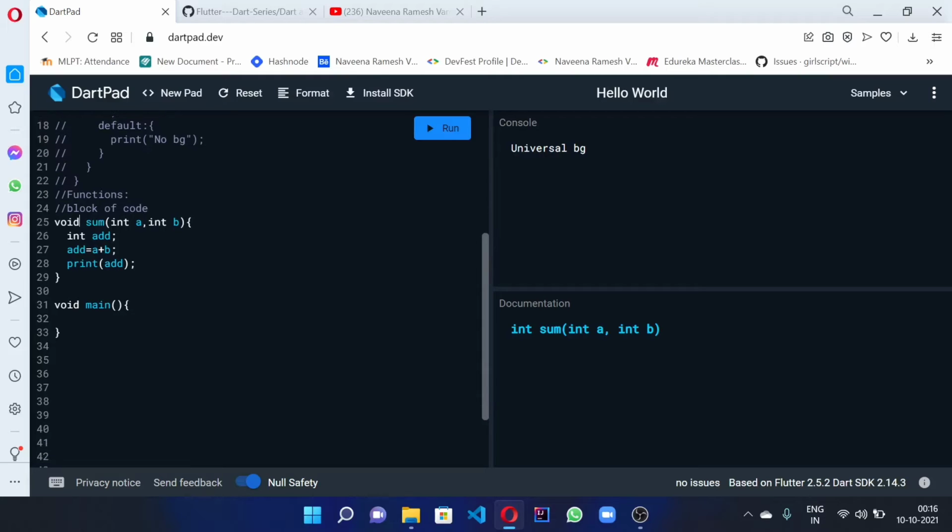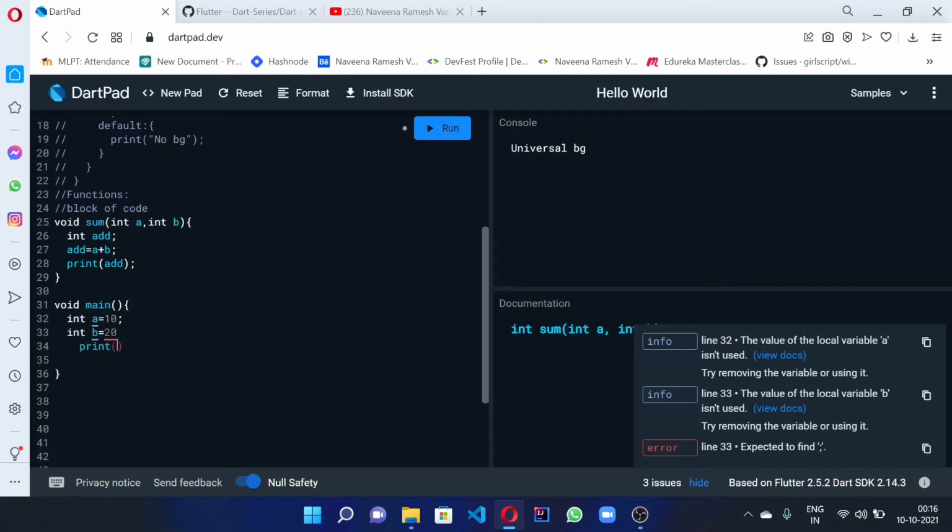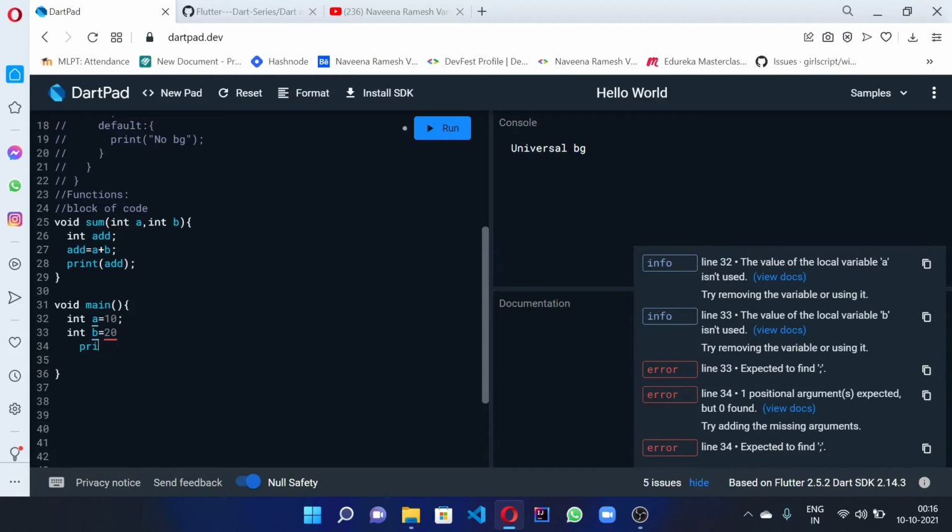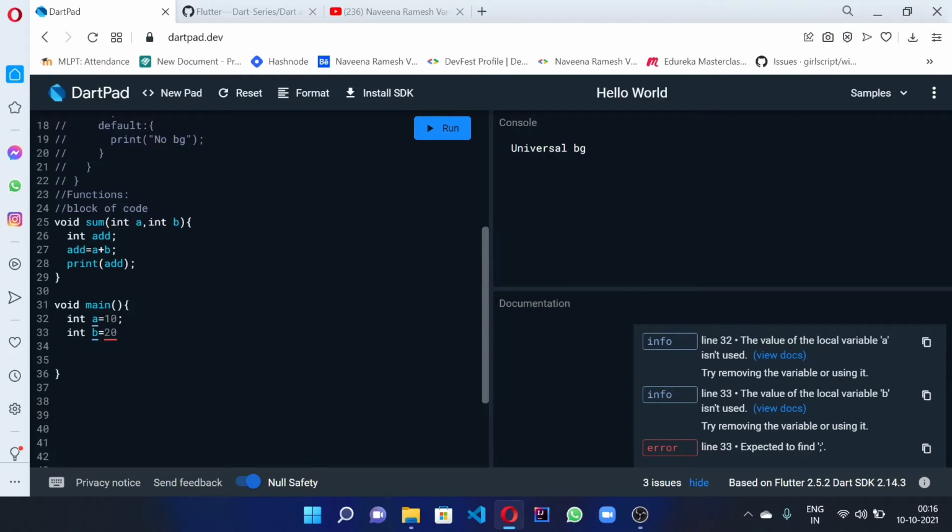Now we call the function here. int a is equal to 10, int b is equal to 20, and we no need to print, right? We already have that. So we'll call it as sum of a comma b.